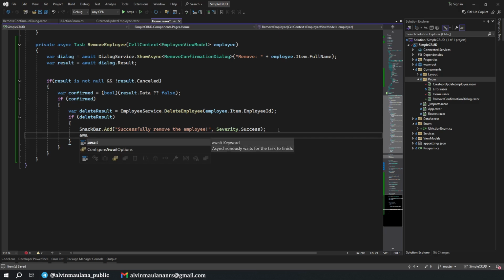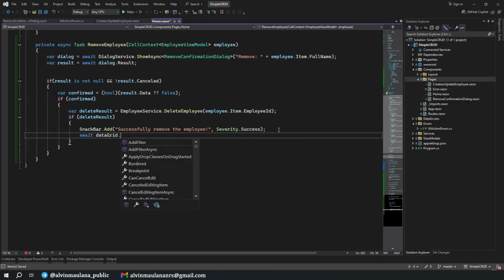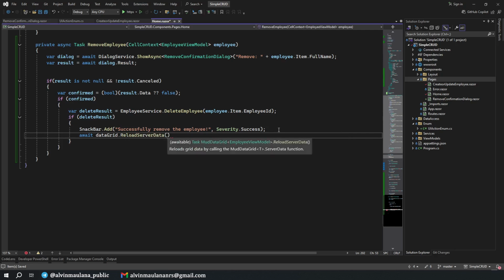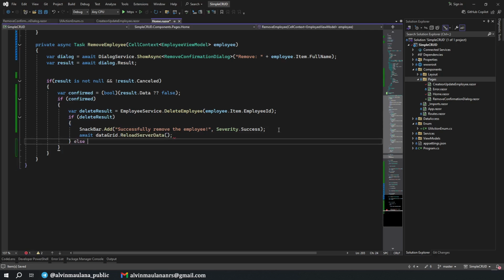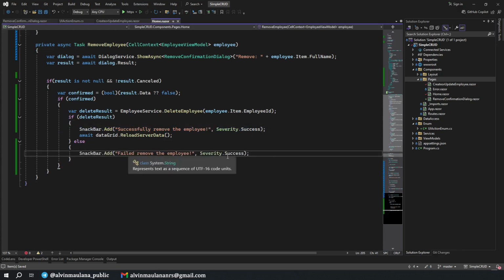And then we directly reload the data grid. Else we just show that we failed to remove the employee.